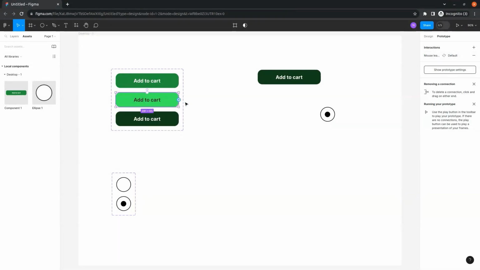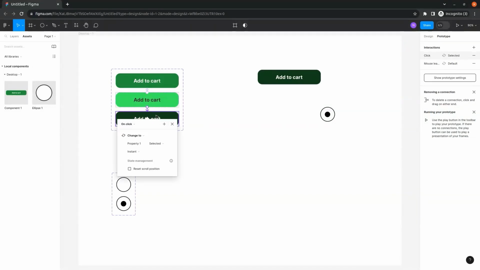Next, if the user clicks on this button, we want to change it to the selected variant. So let's click and drag this anchor to the last variant, which is selected, and we have this on click event, and on click it will be changed to the selected variant. So now our add to cart